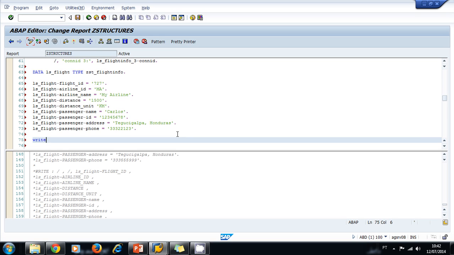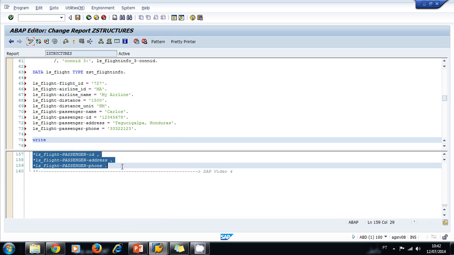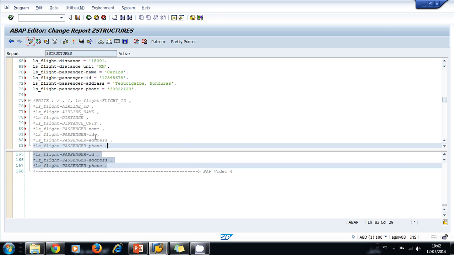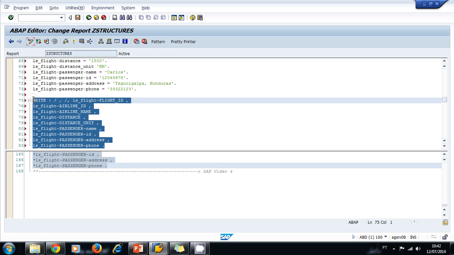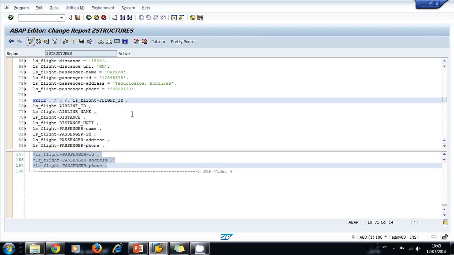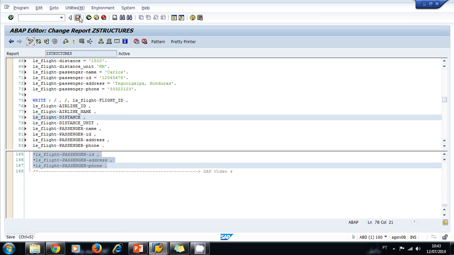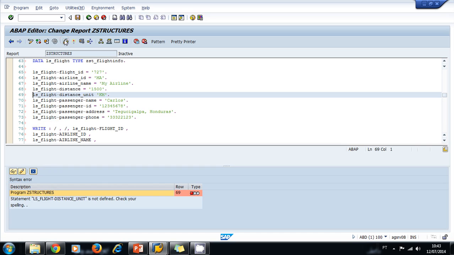and then I can write this to the screen. I'm just going to copy paste, but you know how to write. You use the write statement. I'm going to uncomment this, and then you use 2 backslashes to represent 2 new lines, and then you write each of the components individually. So let's save, check,